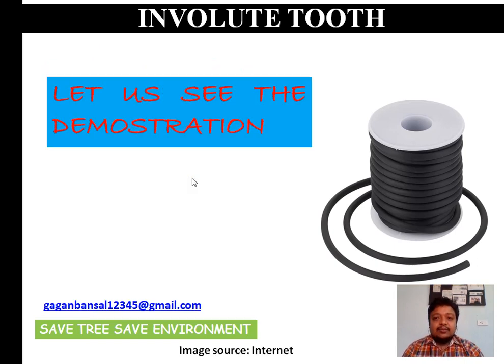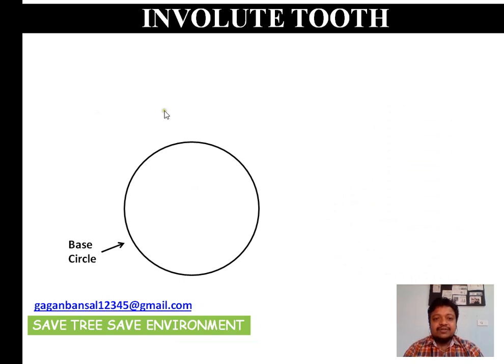Let us have a small demonstration. Suppose we have a base circle. This is the base circle having the circumference as shown. Let the base circle have a center at O. Now from O, if we draw a radius, say OA, in a horizontal direction, as you can see,